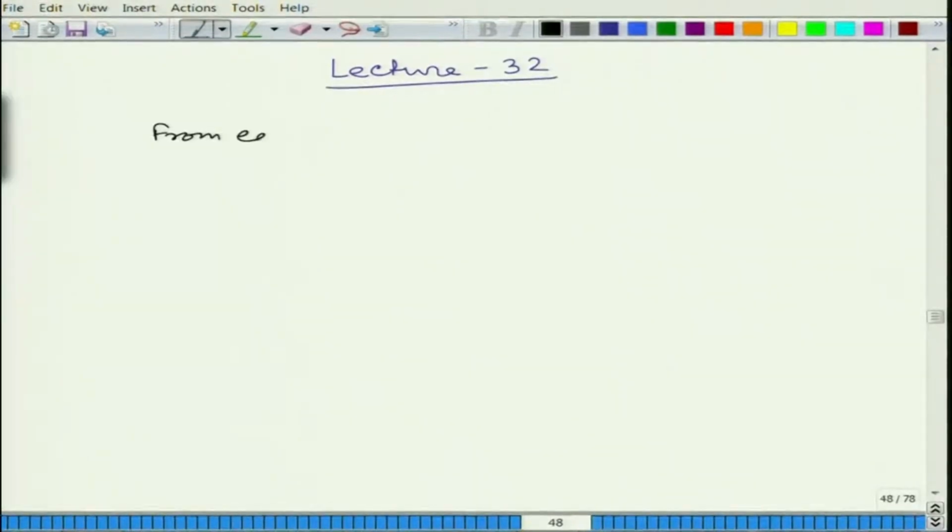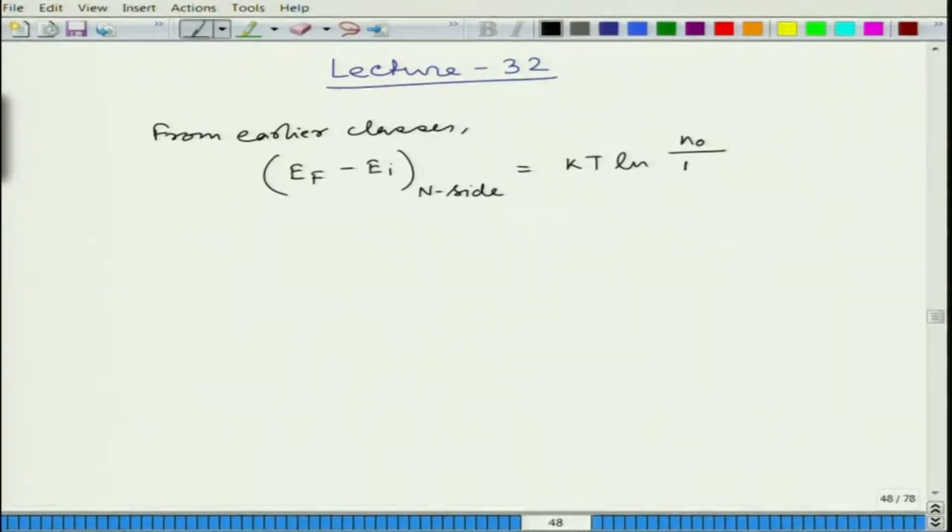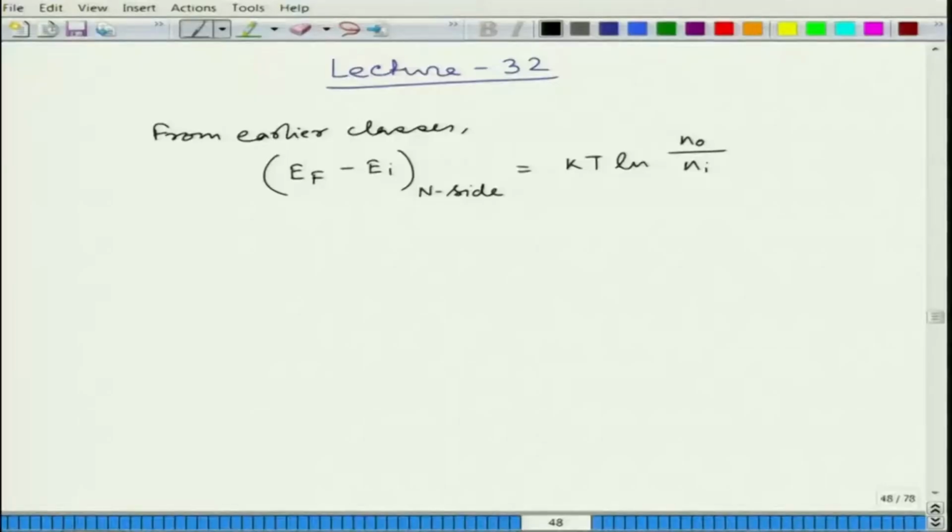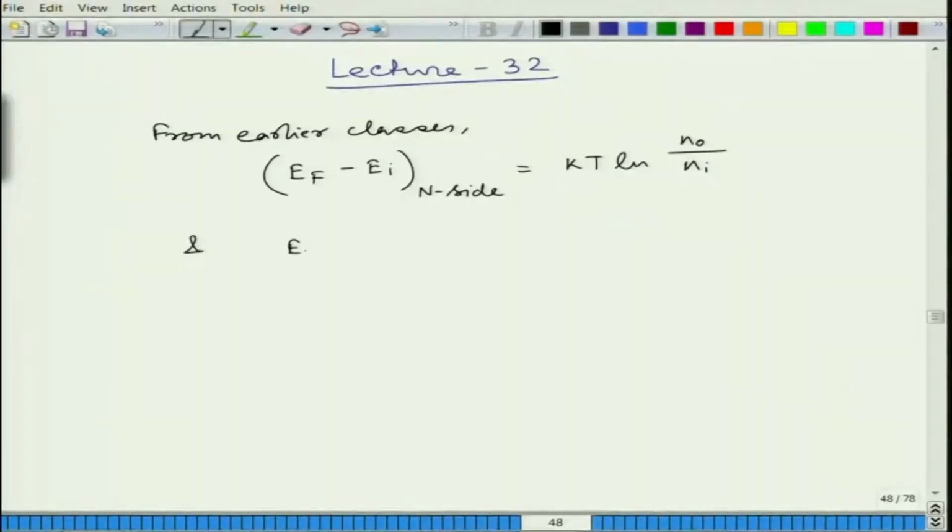From earlier classes, we have seen that this shift in Fermi level because of doping can be quantified in this fashion. In the n side it will be kT natural log of n naught by n_i. n naught is the electron concentration in the equilibrium condition and n_i is the intrinsic electron concentration. You have seen this in the other form, where n naught is expressed as n_i times exponential of (E_F minus E_i) divided by kT. Now we have used the log form of that,